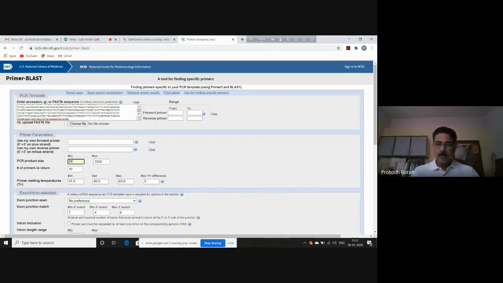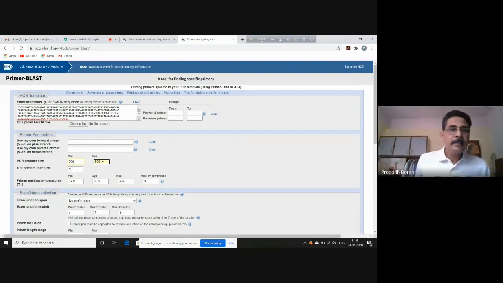So let us now target, for example here, minimum 300 and maximum 500. Let us take our target. In this case, for the INV A gene sequence, we are targeting to produce a pair of primers which will give us a product of the amplified gene sequence restricted within 300 to 500 bp. Then next, it is asking number of primers to design. By default, it is 10. Keep it 10, no problem. That means 10 pairs of primers will be designed, out of which you can select the best primers.